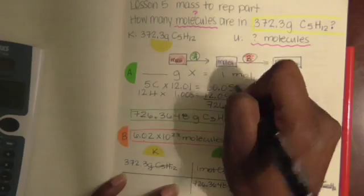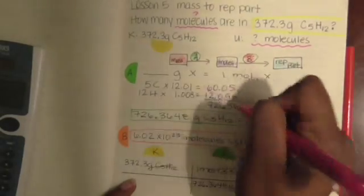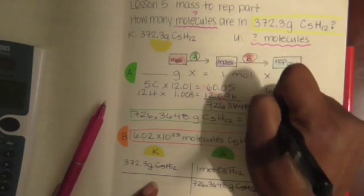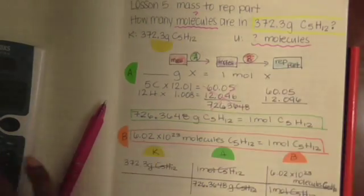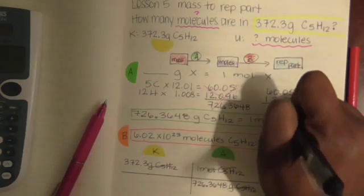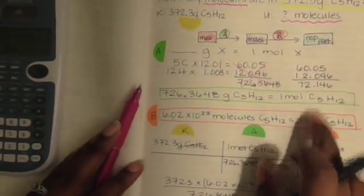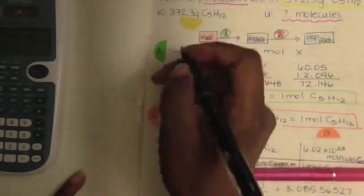It should have looked like, it should not have looked like this. It should have looked like this. 0.05, 12.096, and then adding them together. 5 plus 12.06, which would have given me 72.146. Okay, now why that's important is because that number changes this number to now be